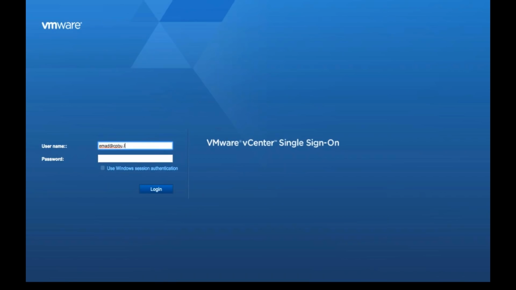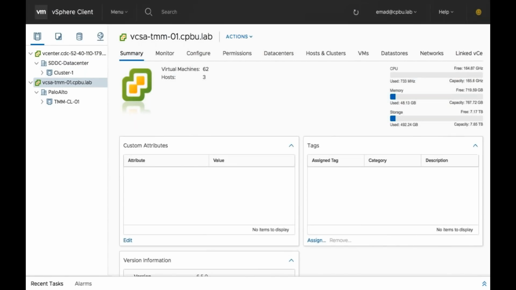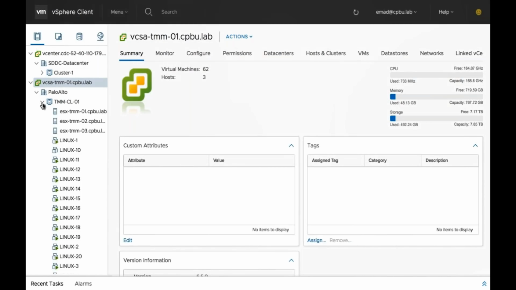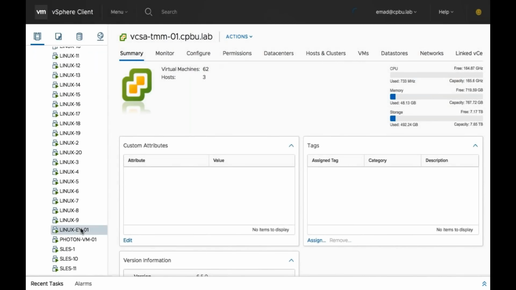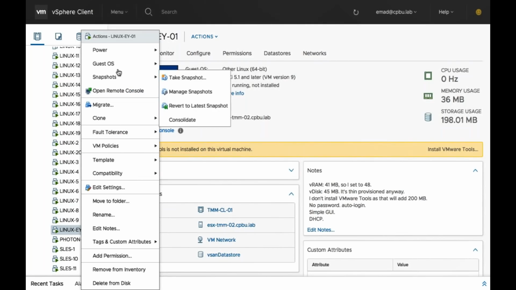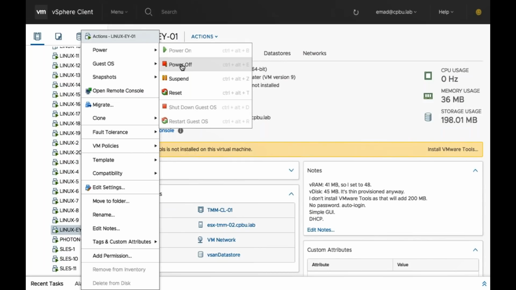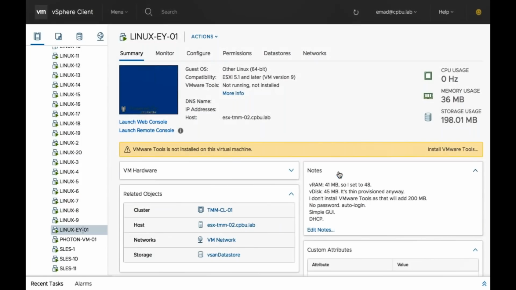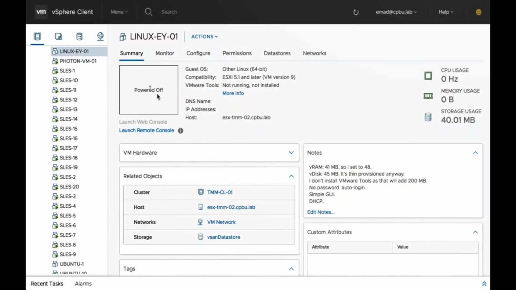If we log into our on-prem environment, and this is the same vCenter that everyone here is used to, you'll see at the very top our cloud SDDC, but what we have highlighted there is our on-prem environment. So if we expand our on-prem environment, we'll choose a virtual machine, right-click it and power it down for this cold migration. And then we'll go through the steps that you normally would do even for a vMotion, which